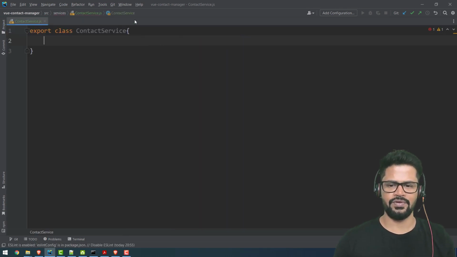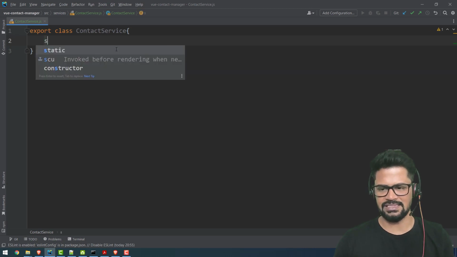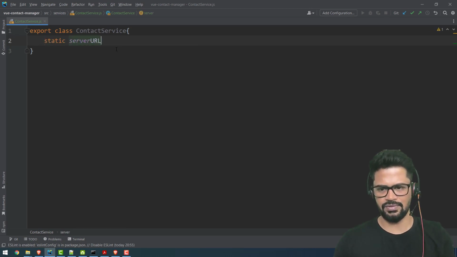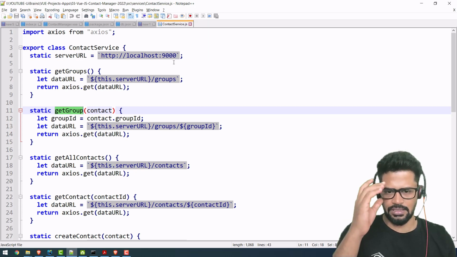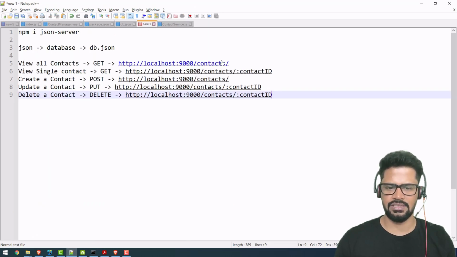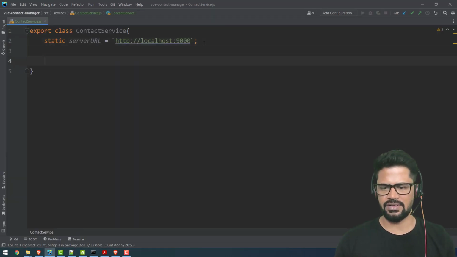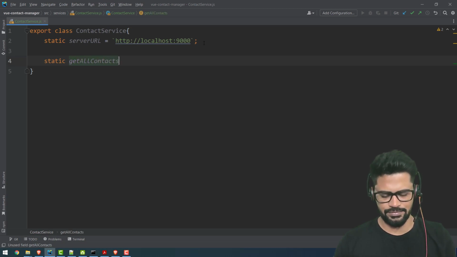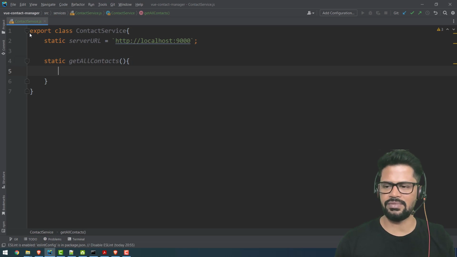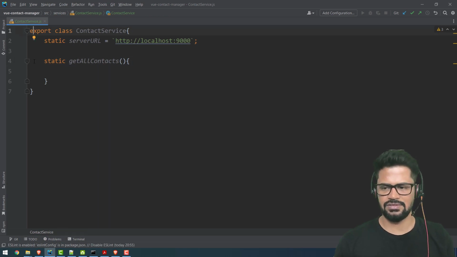In this I have a static server URL. So what is the server URL for us? The JSON server URL is this one. I just provide only the 9000. This is the JSON server URL. Now I need to make multiple functions. So first of all, if you want to get all the contacts, static getAllContacts. If you want to get all the contacts, you have to make use of an Axios request. So I'll import